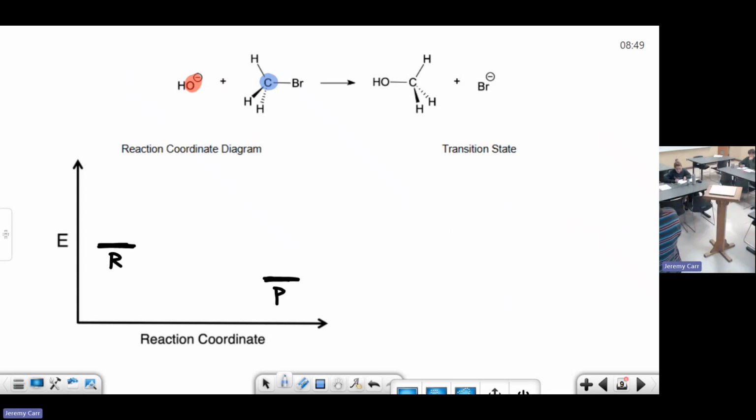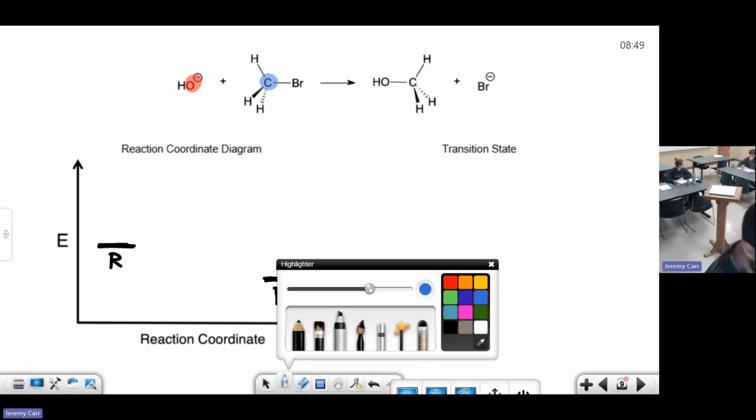As I take two electron clouds that are both negatively charged and I bring them together for the sake of forming a bond, they get closer and closer and closer. They start to feel each other. They're both negatively charged. Repulsion takes over. So what does that mean for the energy? It goes up, way, way up in this case. So what happens to it? This is literally what's happening.